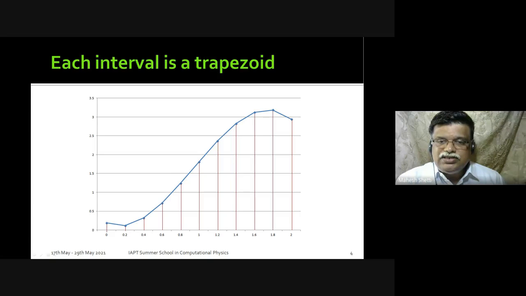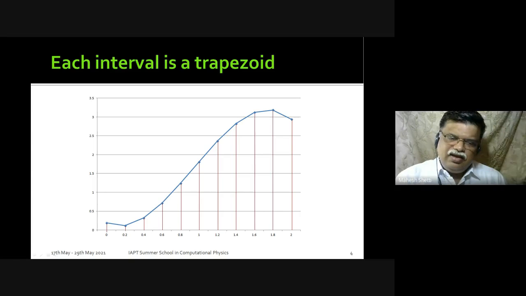Now, when I do this, what I'm missing is that I have approximated all these points with a straight line joining them, but it is quite possible that the actual curve may go slightly below these lines or slightly above these lines. So that small part of the sector I may not consider, between the curve joining 2 points and the straight line joining 2 points. Whatever small sector I'm going to miss, that area I'm not going to count, and therefore that is going to introduce a small error.